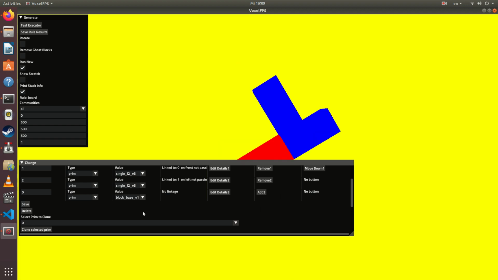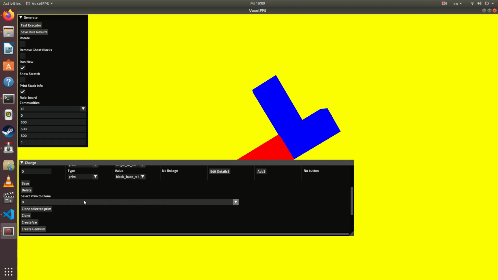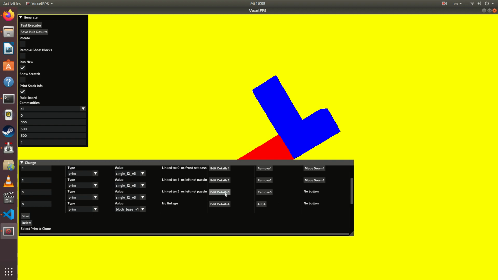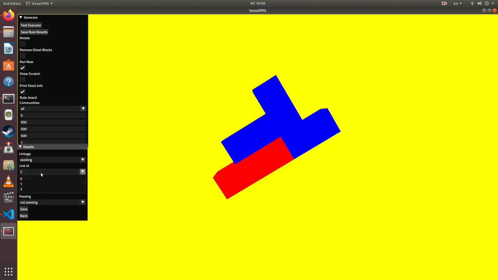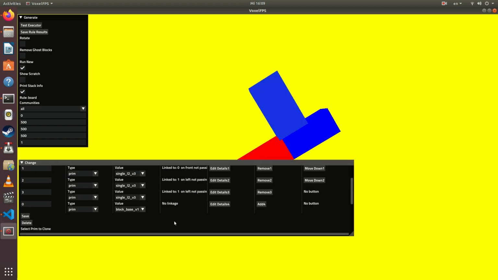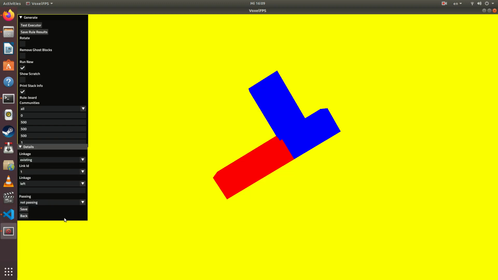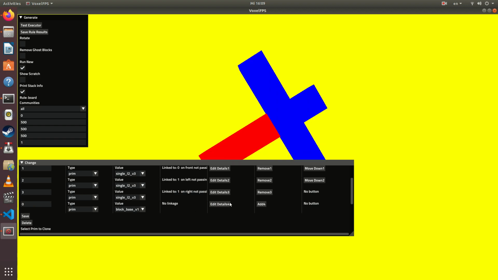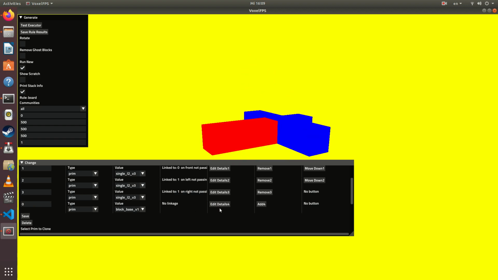And not only this, but I can clone the primitives. That was also a very, very important thing that makes editing much easier. And now we can just fix this clone to go to the other side. And also another important thing is that I can